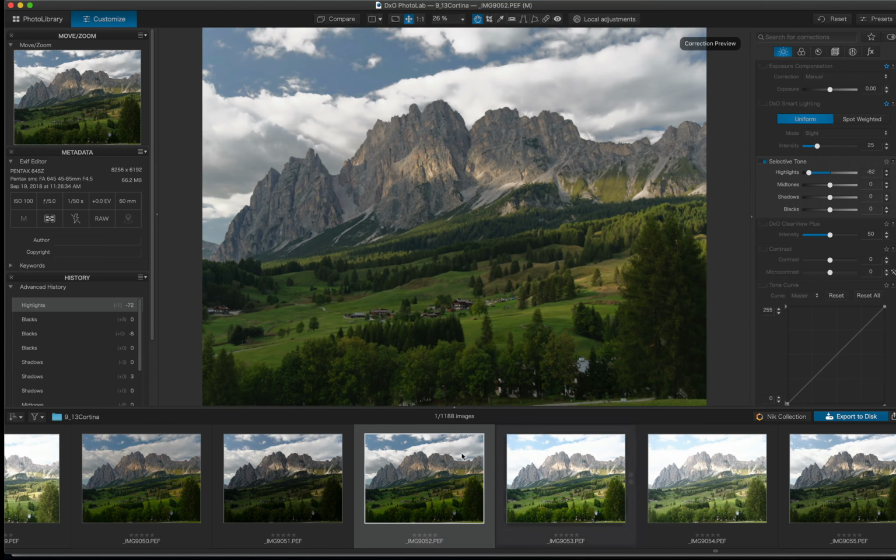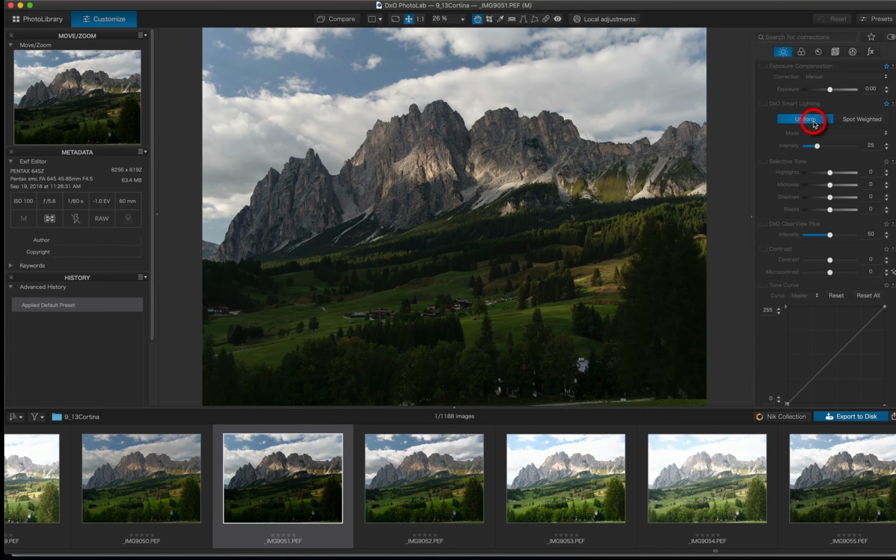Now, in a perfect world, what I might do is come and get this image and also bring it down, maybe do a little bit of Clear View Plus, or maybe do it in Photoshop or Lightroom, just kind of see how that texture comes up in the clouds like that by just putting a little bit of the Clear View Plus. So these panels all work in conjunction. You adjust one and then go to the next one to see if you can build on what you've done. But the selective tone is a very good way to isolate different areas of your image for bringing out details